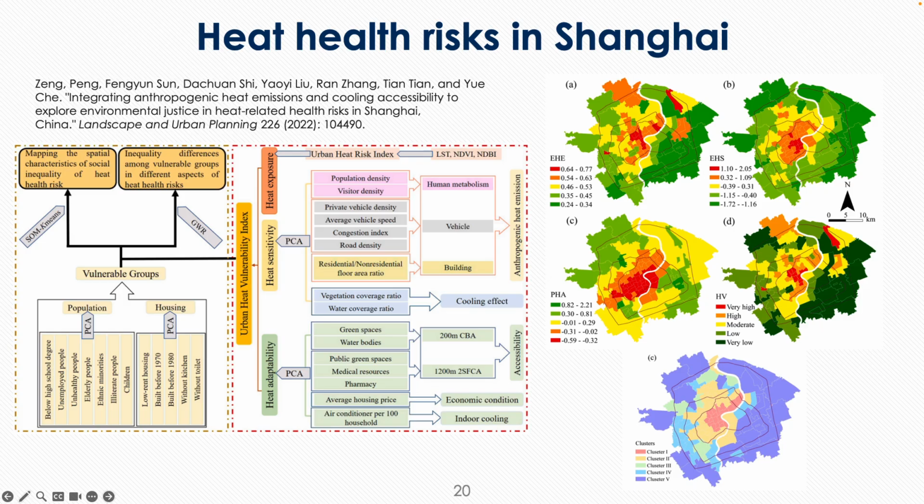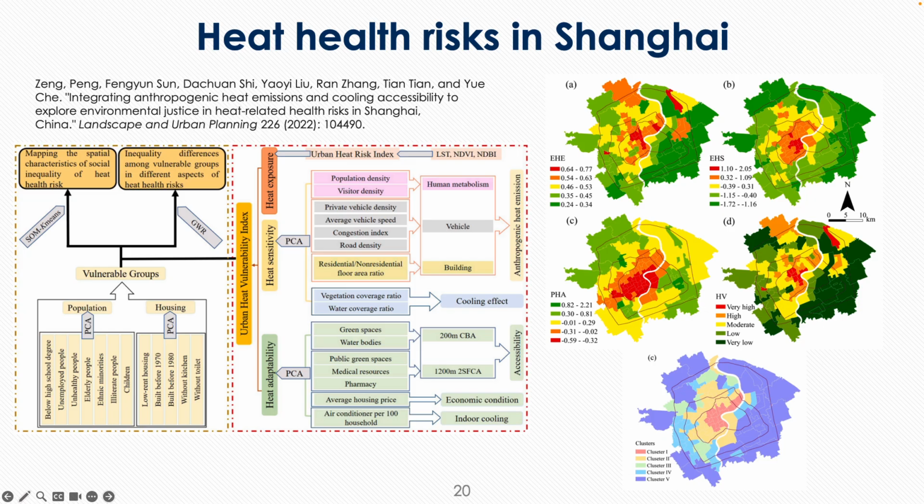Okay, another one. This is a paper looking at environmental justice in heat-related health risks in Shanghai. They have a whole systems modeling effect looking at heat exposure and how that is correlated to different classes of people and accessibility to cooling, right? Heat exposure is one thing, but the overlay of someone's ability to have air conditioning helps answer whether there are systemic risks related to demographic factors, right? And so that becomes an environmental justice issue,